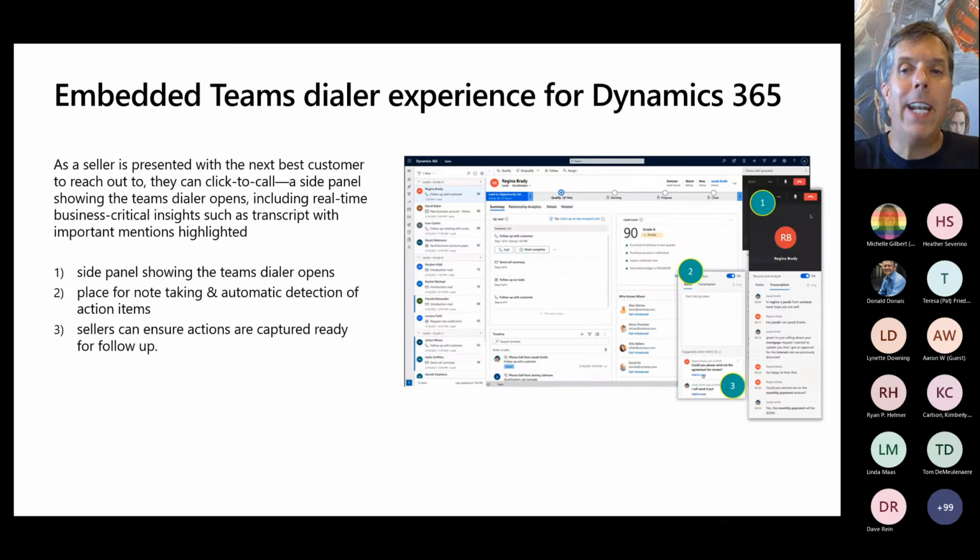But we have this embedded dialer experience where you can click to call and it'll start a UI that gives you call controls and all kinds of things like that.